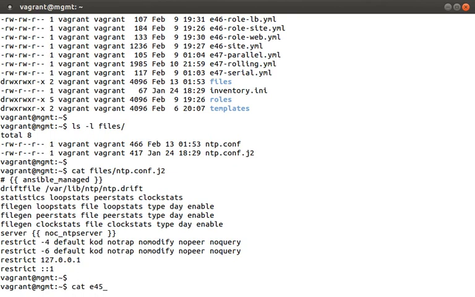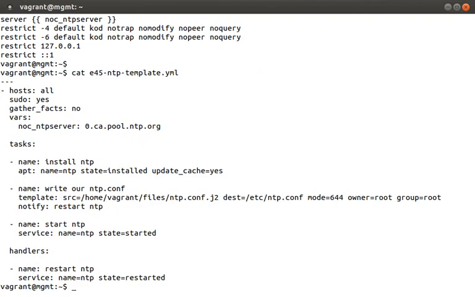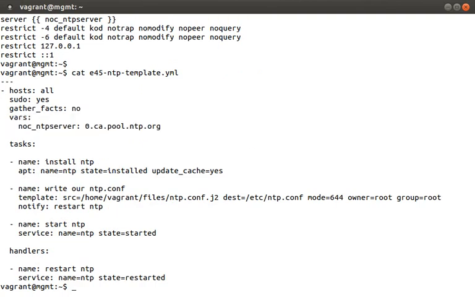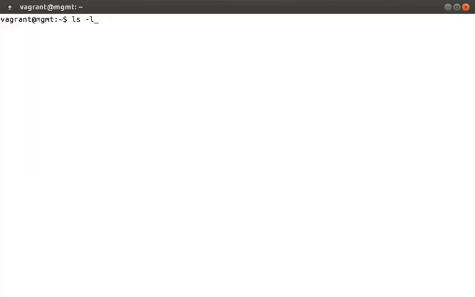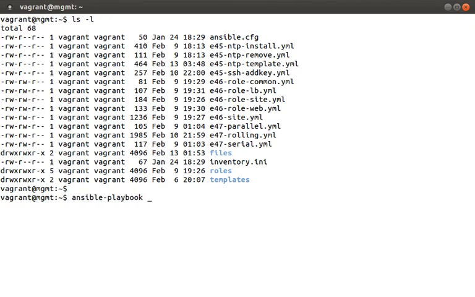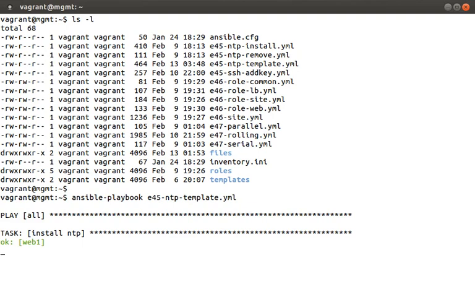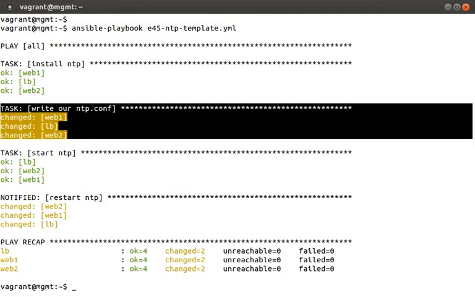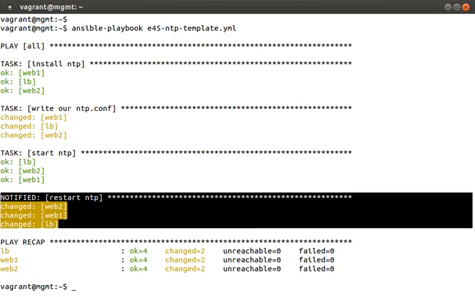Let's just peek at our playbook again and see the custom fact defined. And at the top of the screen, you can see where it will be replaced via the server hoc_ntp_server Jinja2 template entry. Let's go ahead and see what this does by running ansible-playbook e45 ntp template. At this point, you should probably recognize what most of this stuff is doing by now. But our NTP configuration file was updated on the remote node and a notification trigger fired off to restart the